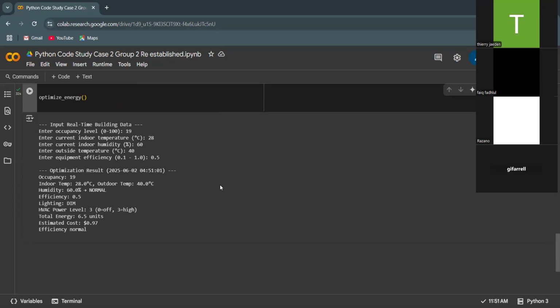From there we find the total energy used, we find the cost estimate, and then we find the efficiency, so we can report it, and then from there we can keep improving so that the smart building can be as efficient as possible. So that's all from us, Pak Nur Hadi.